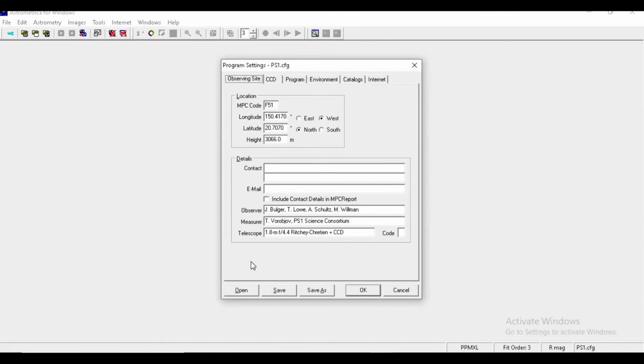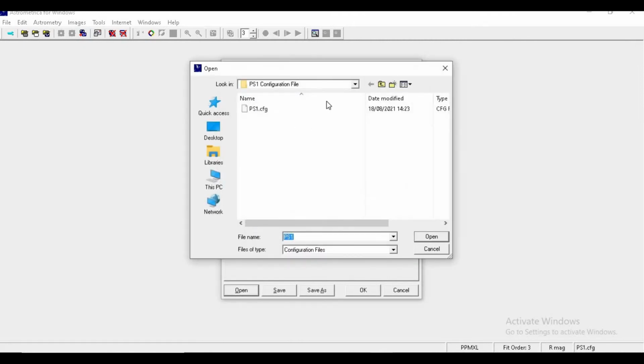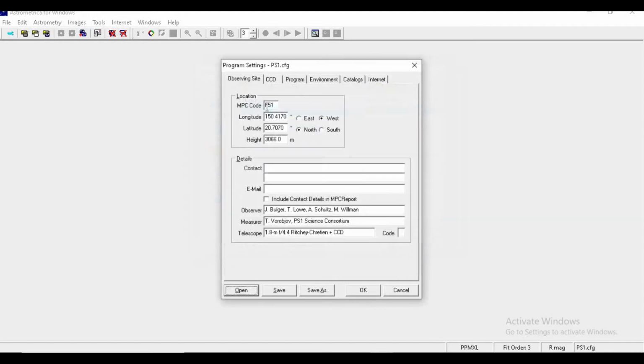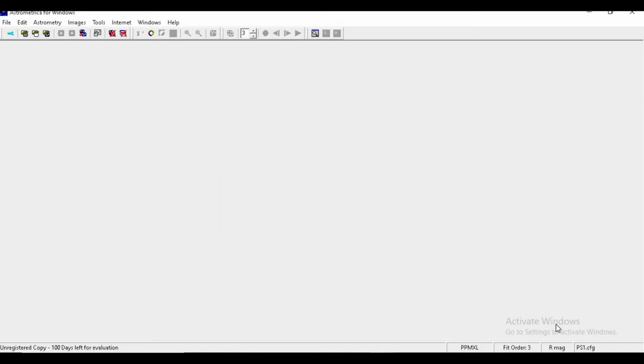We'll go to settings, open, and paste the configuration file location. Here we can see the PS1 configuration file, ps1.cfg. Save, OK. After this we can see that astrometrica.cfg has been converted to ps1.cfg. This is how we can change the configuration from astrometrica.cfg to ps1.cfg.